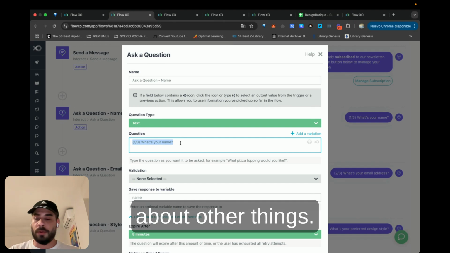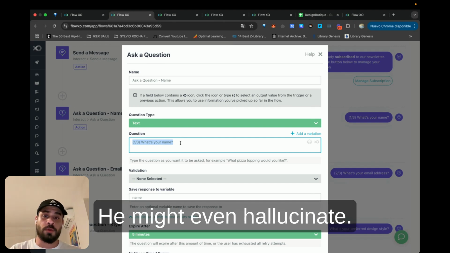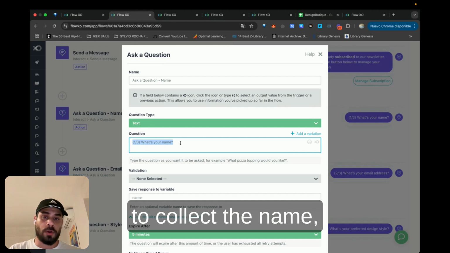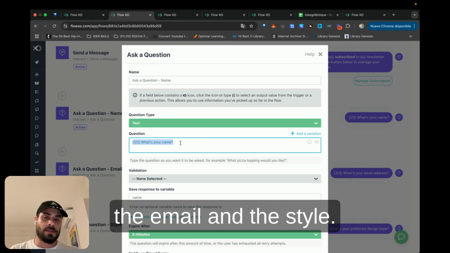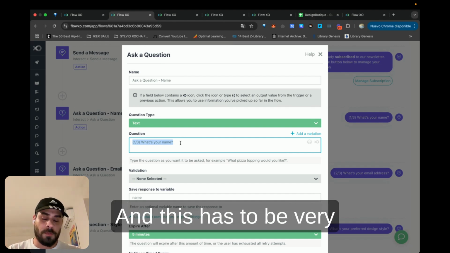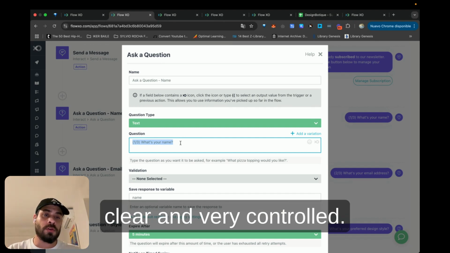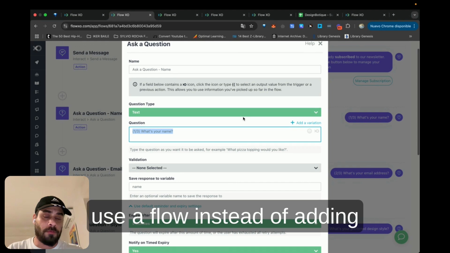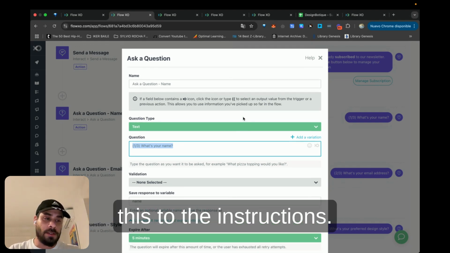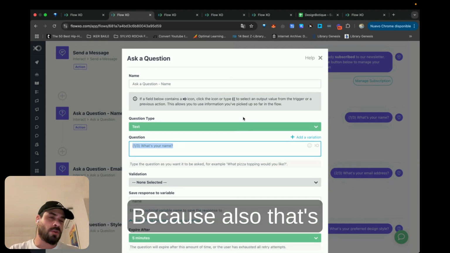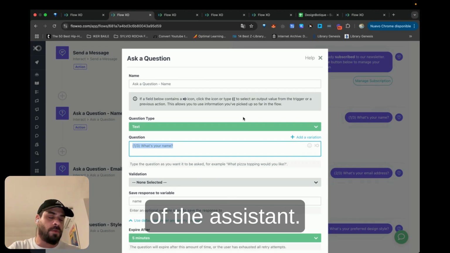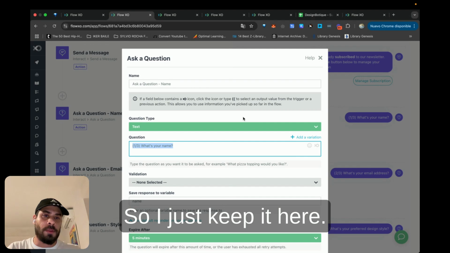It will start talking about other things. It might even hallucinate. I just want to collect the name, the email, and the style, and this has to be very clear and very controlled. That's why I prefer to use a flow instead of adding this to the instructions, because that's not the main objective of the assistant. So I just keep it here.